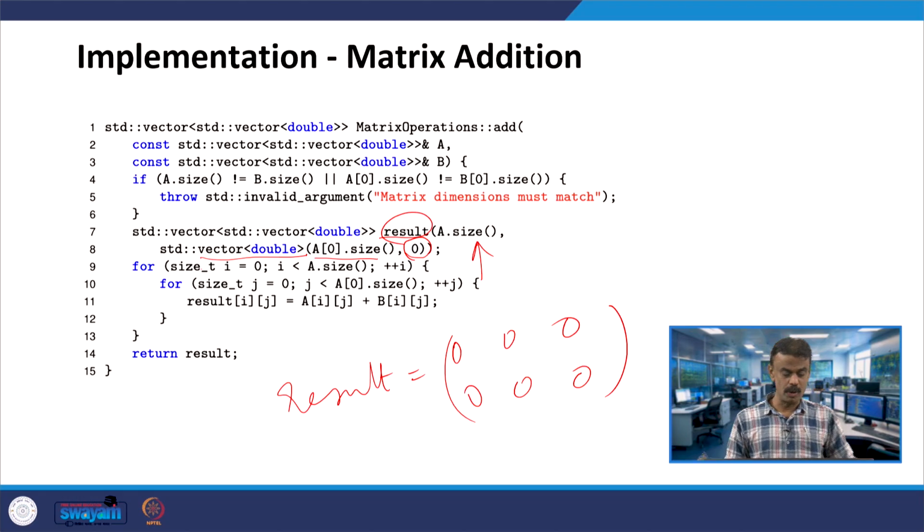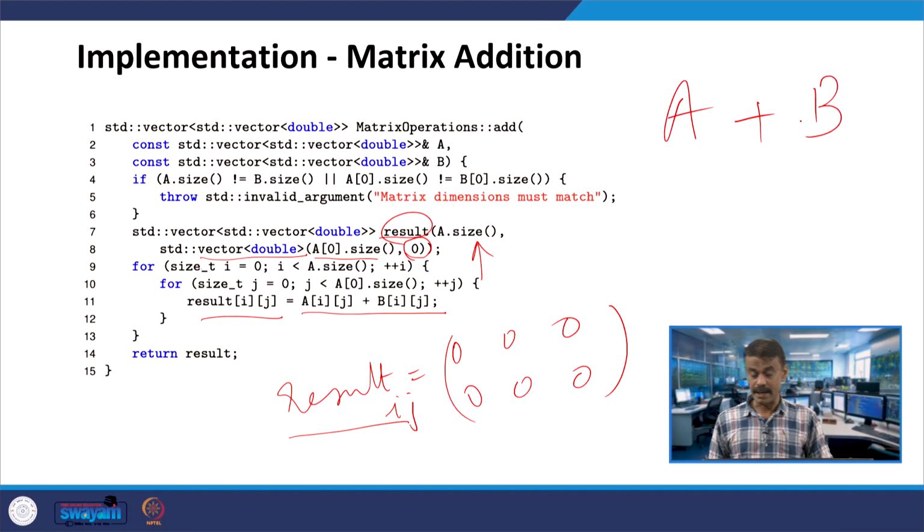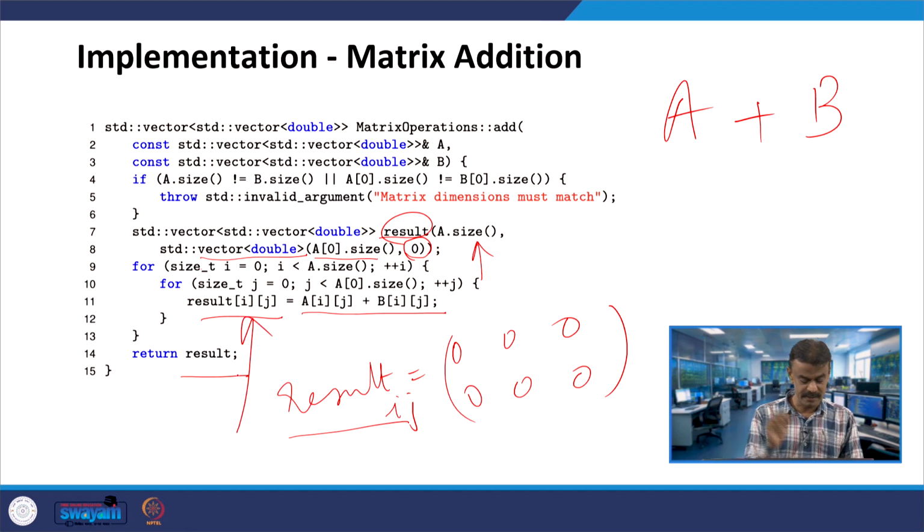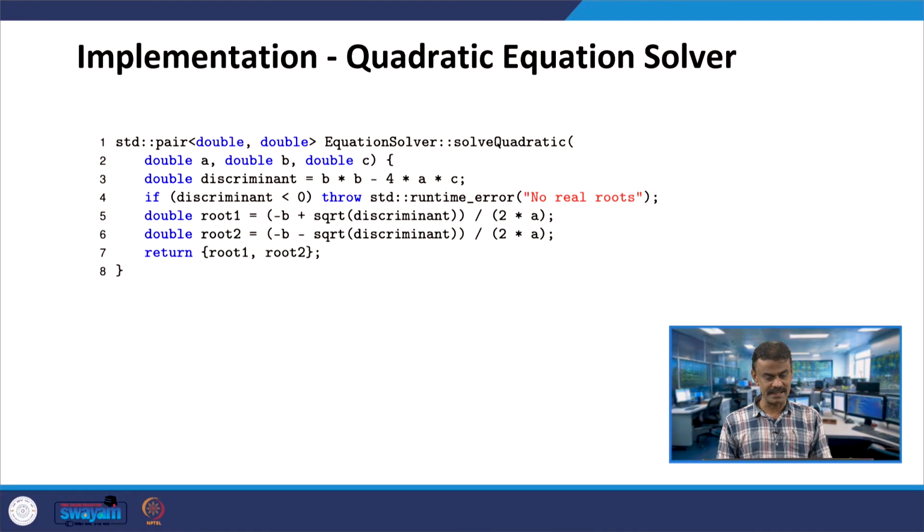For i equal to 0, i less than rows, j equal to 0, j less than columns, you are doing the component-wise addition of A and B and putting it in result i comma j, and return result. This is what will happen, because the result is a vector of vector matrix. So, this is about your matrix addition.